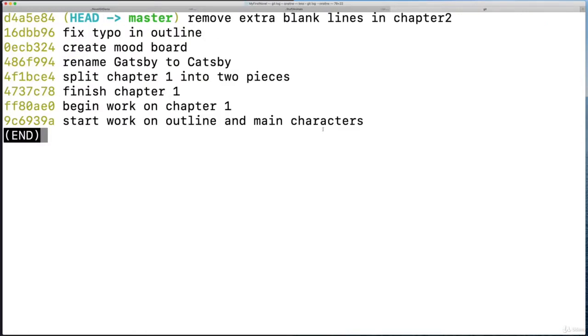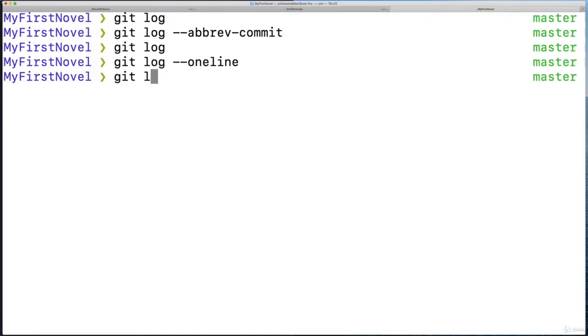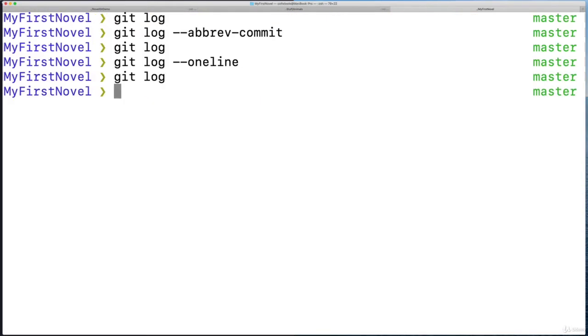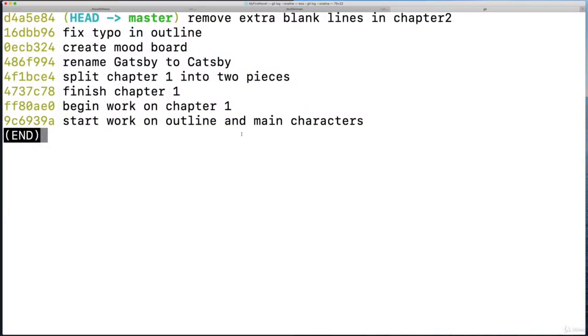Look at that. You can see one line of each commit message, which is why your first line of a commit message, even if it's a super long one, the first line should explain, it should summarize the commit. So remove extra blank lines. That's what we did, even though if we actually look at the entire message, there's a whole bunch of other stuff. It's very important, or I shouldn't say very important, but it's conventional, and you should follow this pattern of having that first line be the summary of the commit, and then any other information comes afterwards, separated by a return. So git log --oneline, it's a nice way to look at our history,